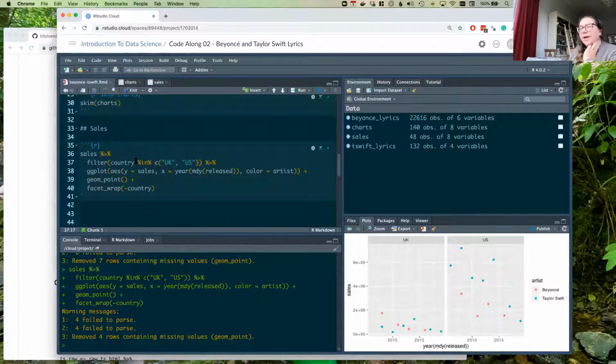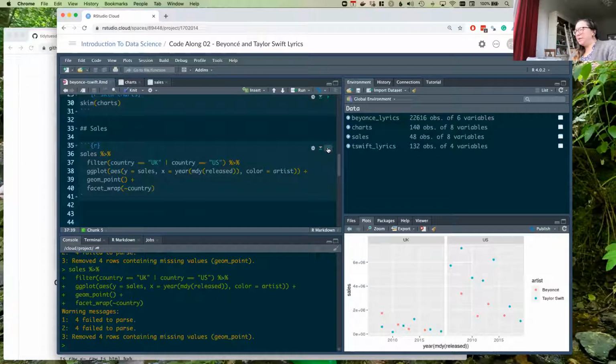So another way I could have written this, maybe a little bit more clear, at least at this stage in the course, was to say either country is equal to UK or, and this vertical bar is what we use to say or in R, or country is equal to US. Okay, so the way I would read this is either country is equal to UK, so this is like a logical statement or a question, or country is equal to US. Okay.